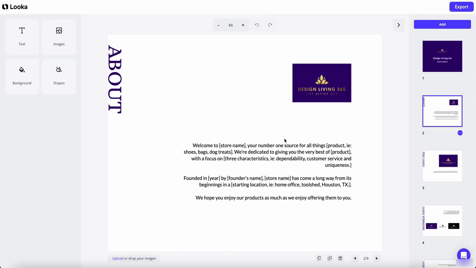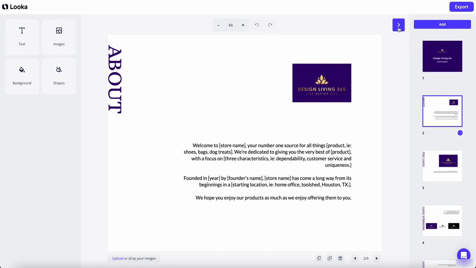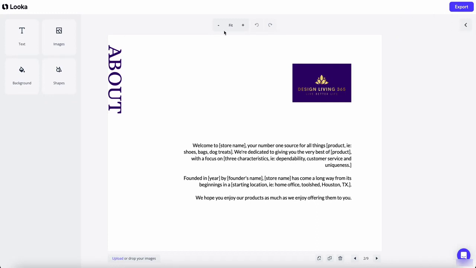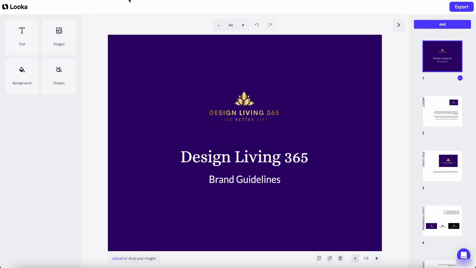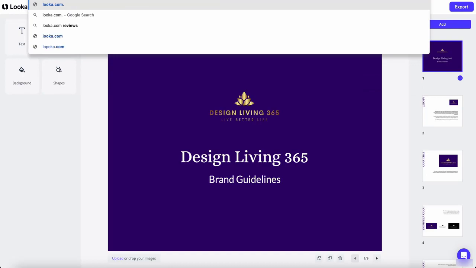I mean, this is really incredible what it can do for you, and I can't believe it. So this was basically a little look into Luca.com that you can just use.